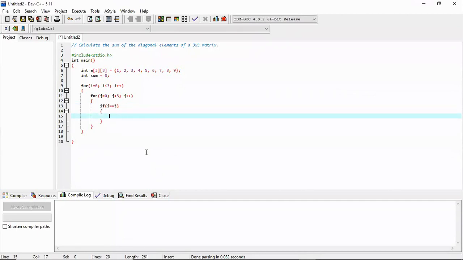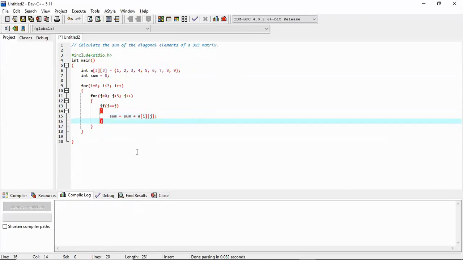So now we can easily say sum equal to sum plus the value of a of I and j. This if means when they are equal.